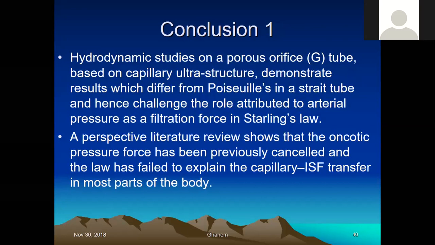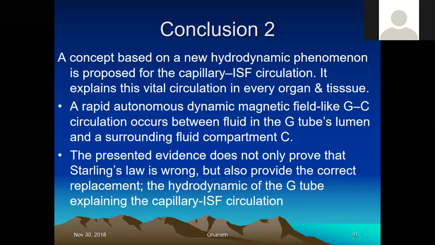A concept based on the new hydrodynamic phenomena is proposed for the capillary interstitial fluid circulation. It explains this vital circulation in every organ and tissue of the body. A rapid autonomous dynamic magnetic field-like fluid GC circulation occurs between fluid in the G-tube's lumen and the surrounding fluid